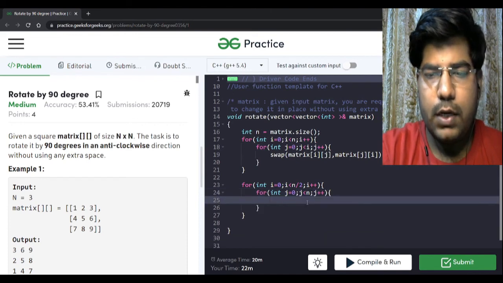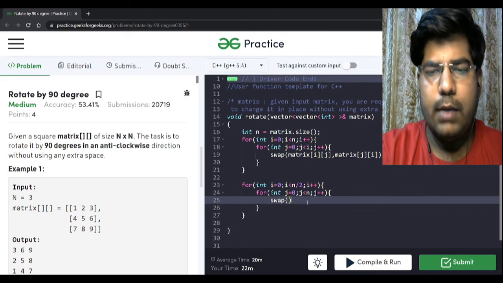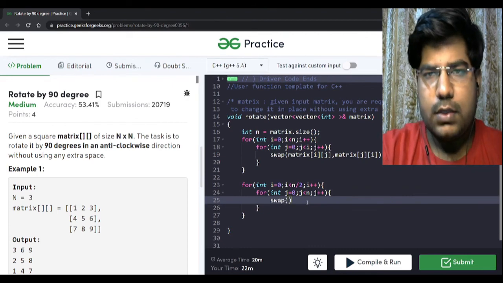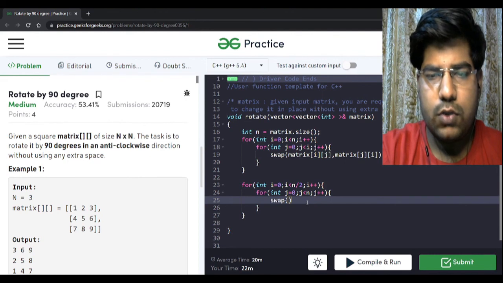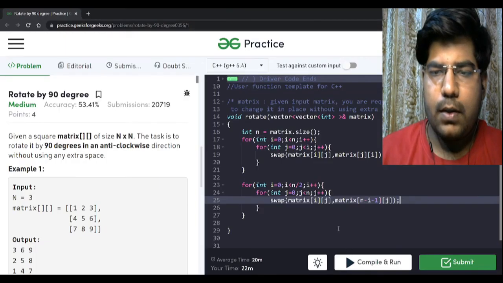And now what we need to do is just swap the elements, like we have to reverse. So in that case we can use the swap operation: matrix of i j with matrix of n minus i minus 1 and j, right?